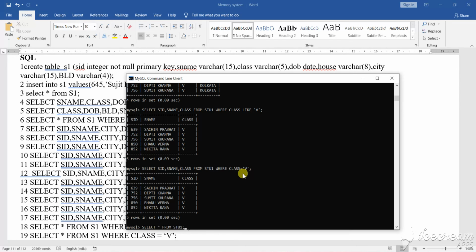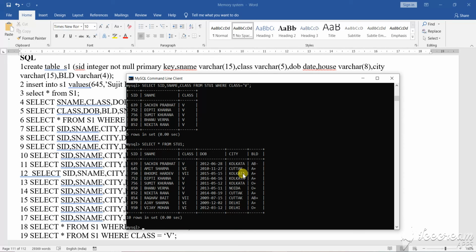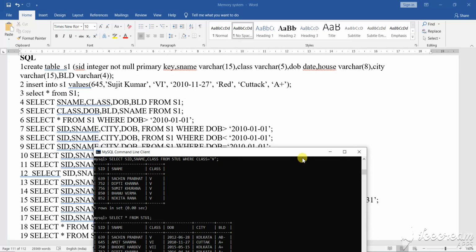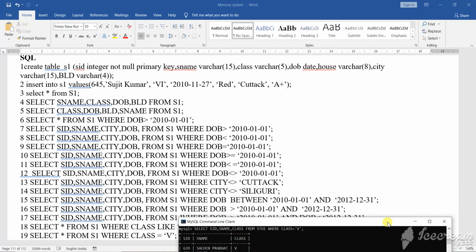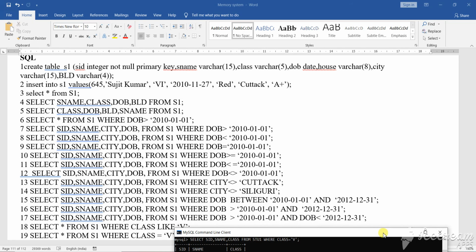Now I want to see all the students. See here, all the student names are executed here. So all the clauses I have shown to you here, every clause I have executed and shown to you: the AND clause, BETWEEN clause, WHERE clause, then not equals to clause.